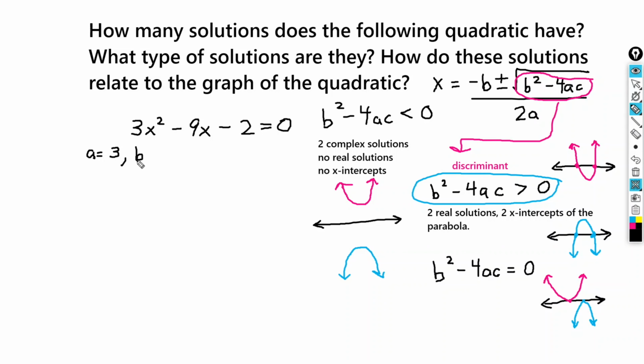B is the coefficient in front of x, which is -9. And C is the constant term, which is -2. So we're going to figure out what b squared minus 4ac is, and that'll tell us what type of solutions we have. So b squared minus 4ac can equal -9 squared